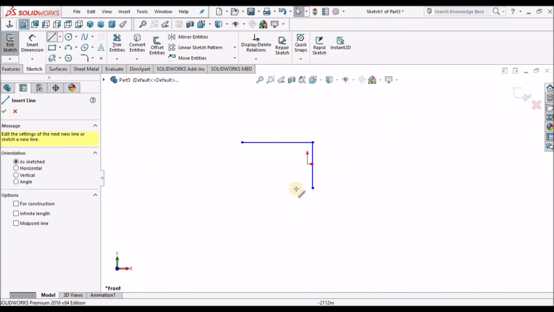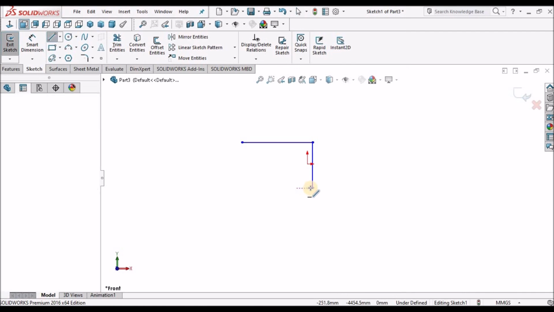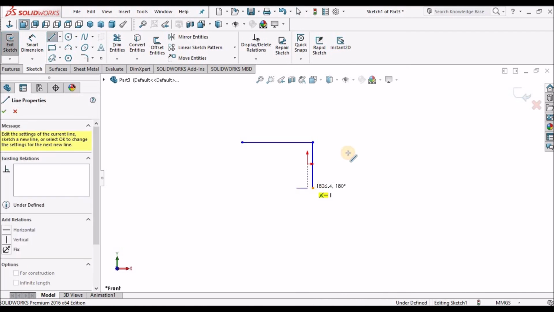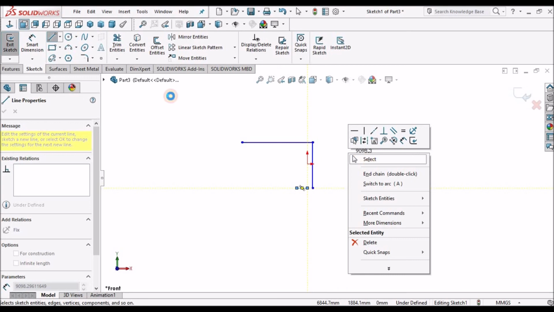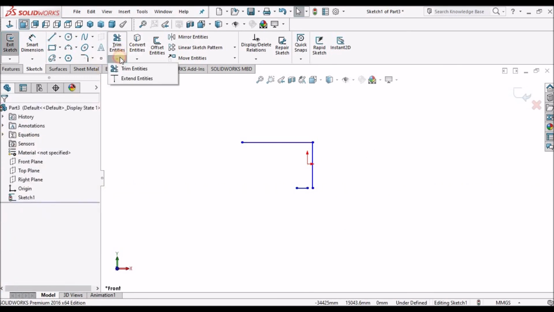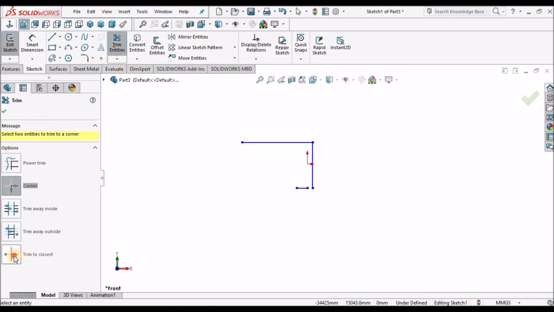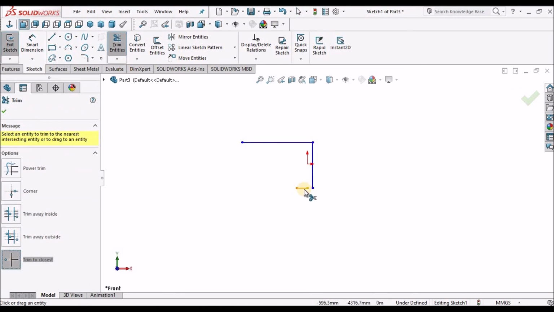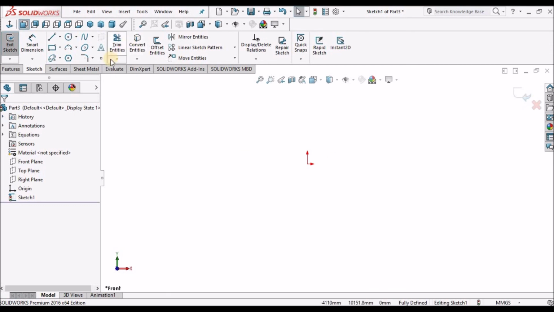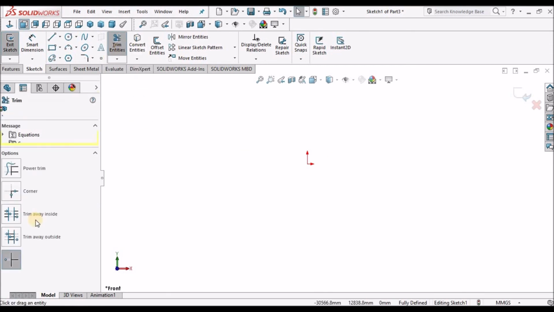Trim to closest, we rarely use it. It's similar to power trim. Next are these two options, which we also rarely use.